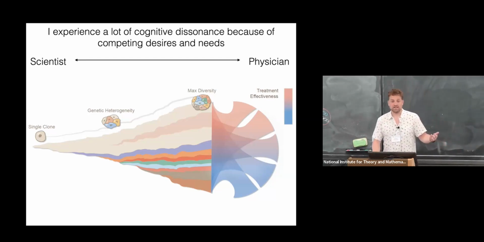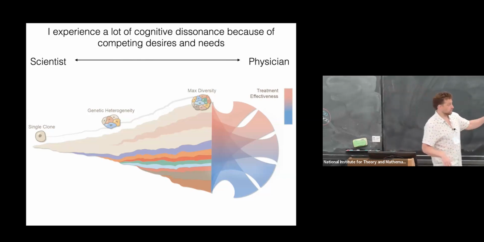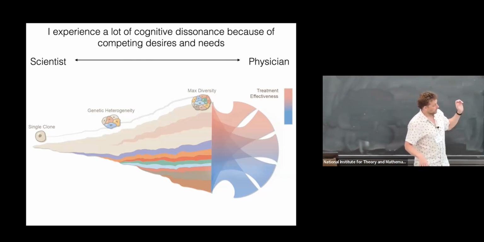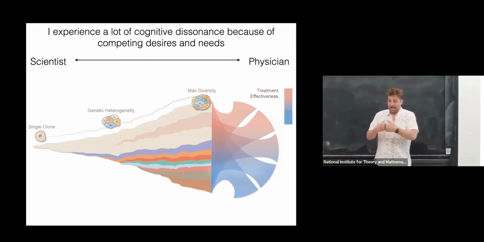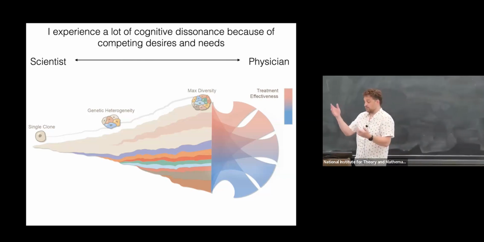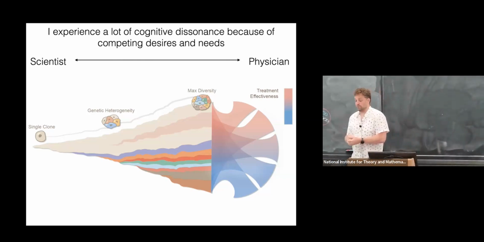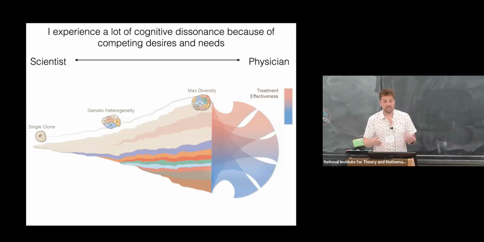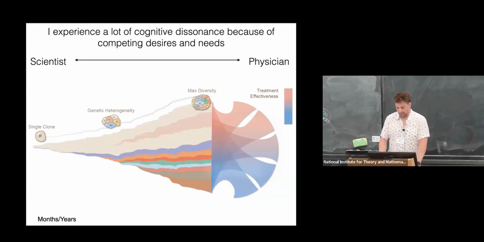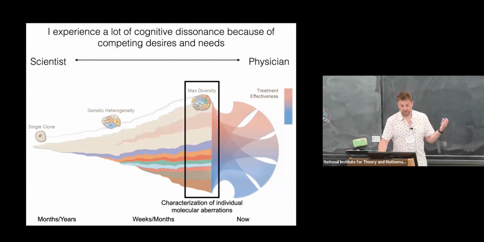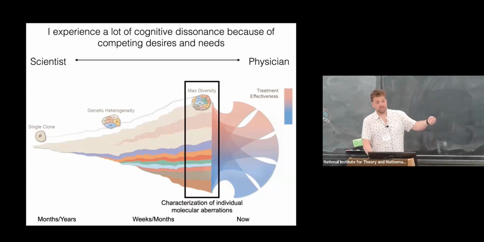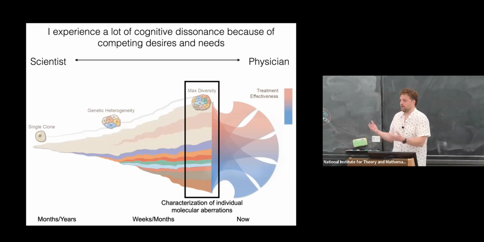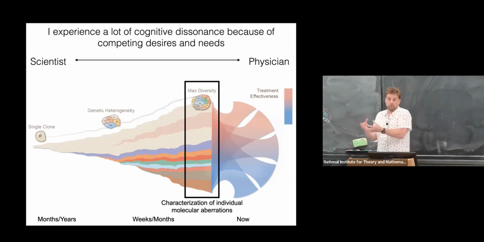But as a scientist, I really think about this process of starting with a single clone, this gorgeous exploration of state space that we talked about yesterday during the tutorial, which is amazing, and really setting up what we see as a tumor, which is a complex tissue that really is evolving and living within the host. These things take months and years. And by the time we stick a needle into a patient, it's all set up. It's already this, I'd say, beautiful, complex tissue.